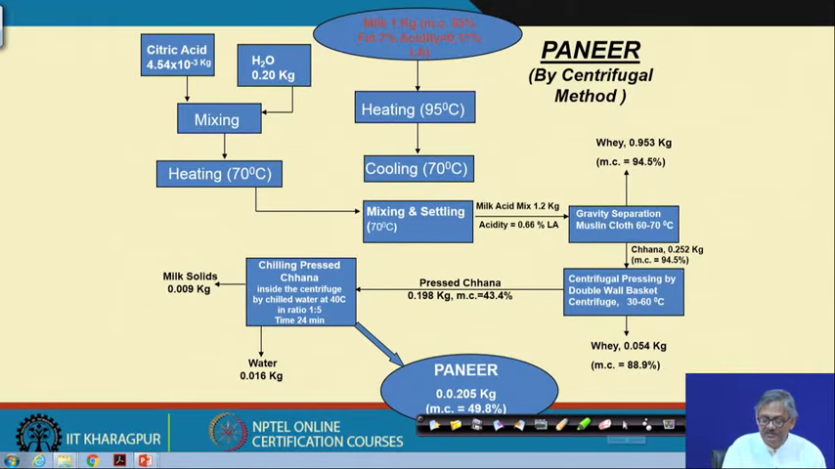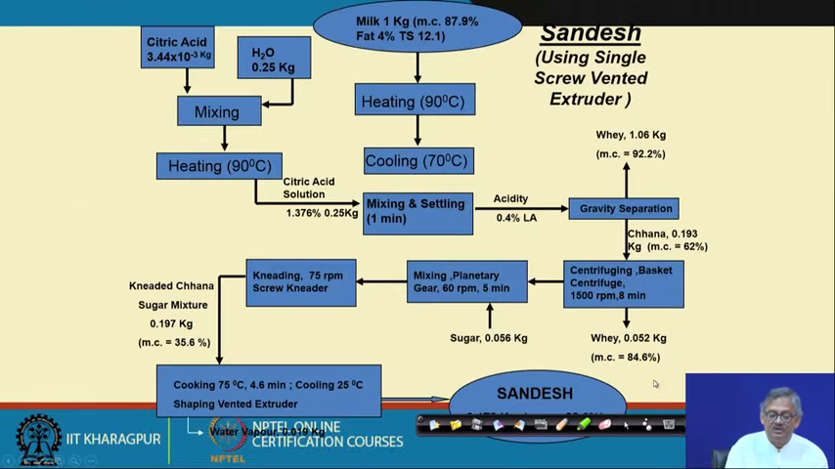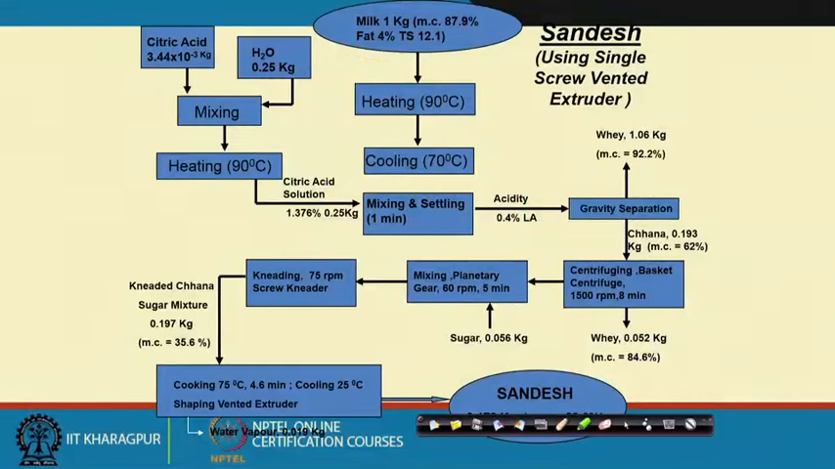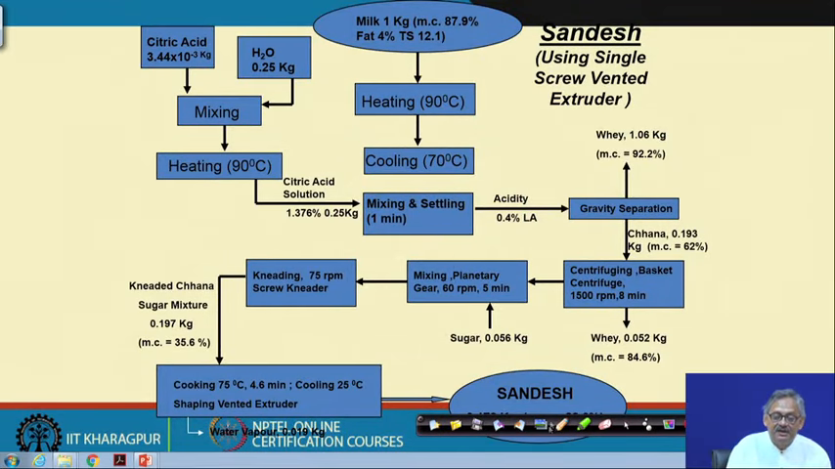Then we come to another product called sandesh. This is very popular in Bengal, maybe all over the country. Sandesh is one very popular product made from milk. So, for sandesh we are taking 1 kg of milk with a moisture content of 87.9%, having fat of 4%, total solids 12.1%,